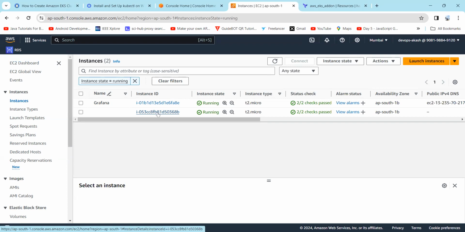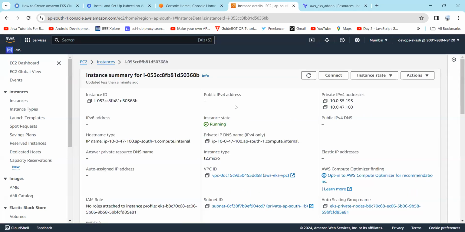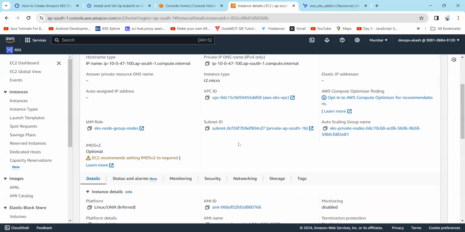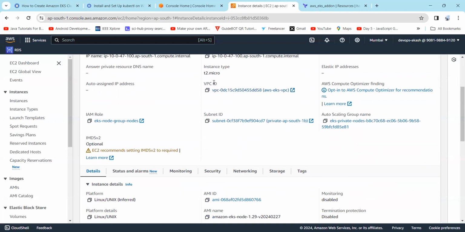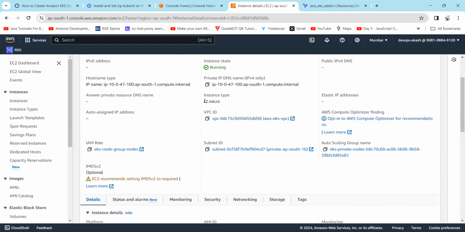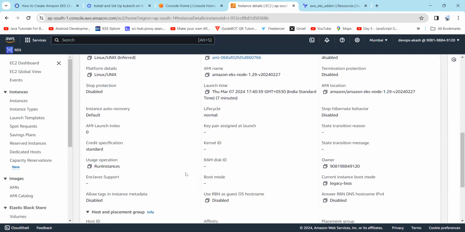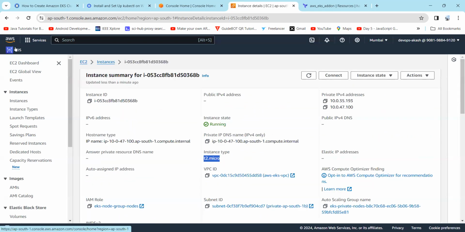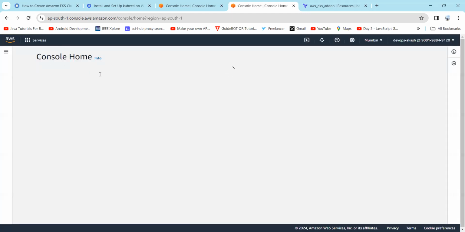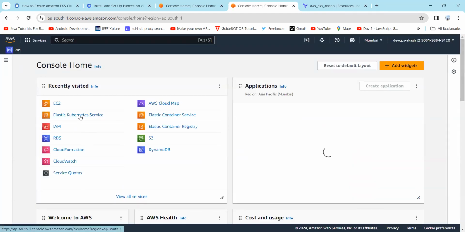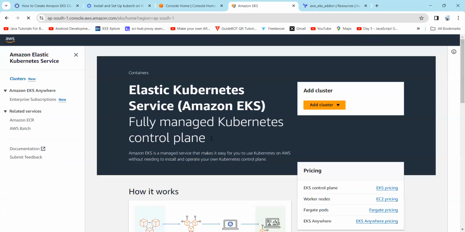and here if you click on the other instance, you can see the instance type we have created as T2 micro and the VPC ID. So this is a private node. Again, if you go back in the Elastic Kubernetes service,